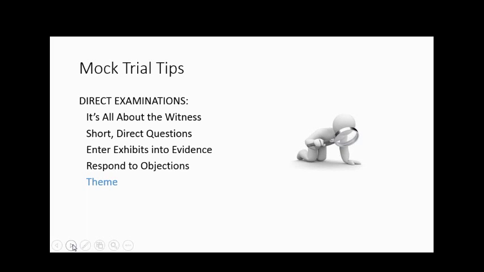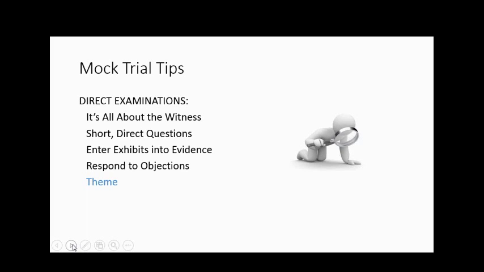And obviously, you want to be able to enter exhibits into evidence with proficiency and respond to objections with proficiency. That'll go for cross-examination as well. But for direct, you want to ask questions in a way that puts the focus on the witness, position yourself in the courtroom in a way that will focus on the witness, obviously not use notes, and the questions want to be ordered in such a way that the witness can tell their story in a way that's going to make sense to somebody that's not familiar with the case material.